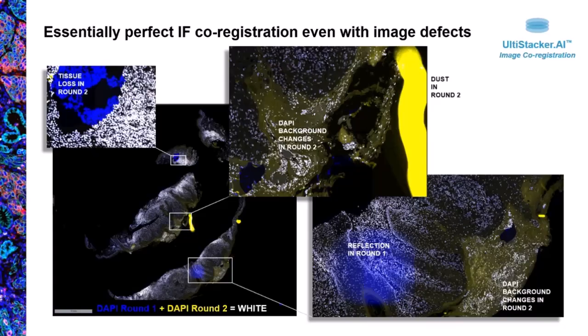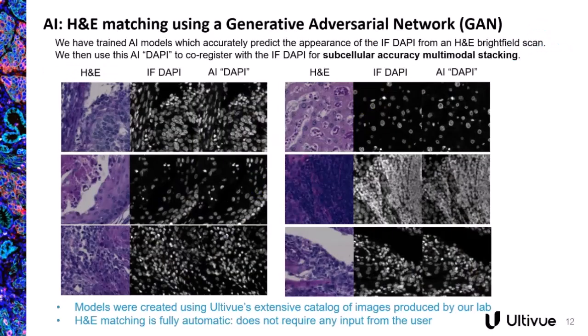As said, you can also add an H&E to our IF stack, and for registering that one, it's the same section, so same architecture, so you want to have it at the same level of quality, which can also be challenging. Here we wanted to remove any manual interaction, since that's the key to automation. And therefore we are